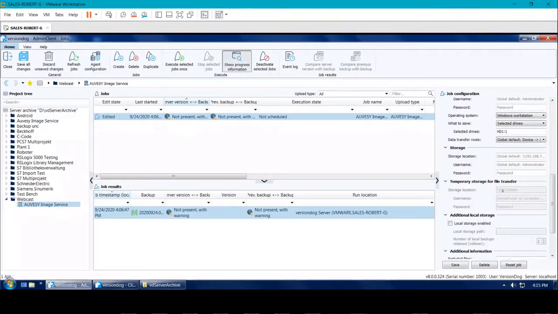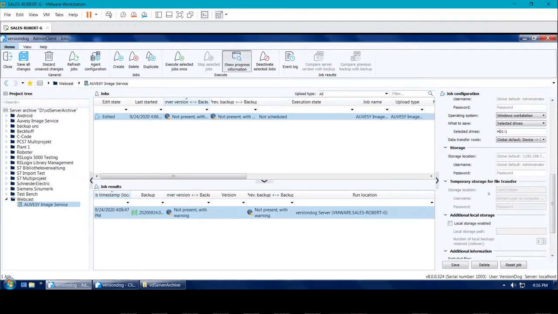Yeah. In our recommended way, if we use only a network share as storage location, it's a final storage location. For this way, it's necessary that the device has the permissions to write on the final storage location, and also has a connection to it. If you have network configurations where the device you want to create an image of does not have the permissions to write on the storage location directly, or the storage location is not reachable from the target PC,